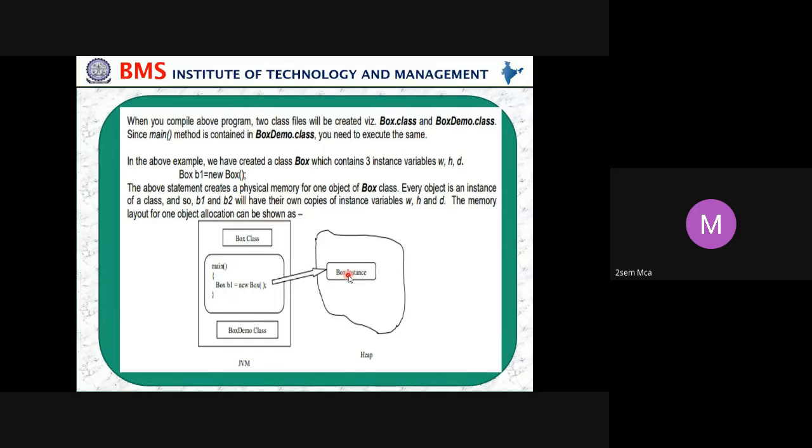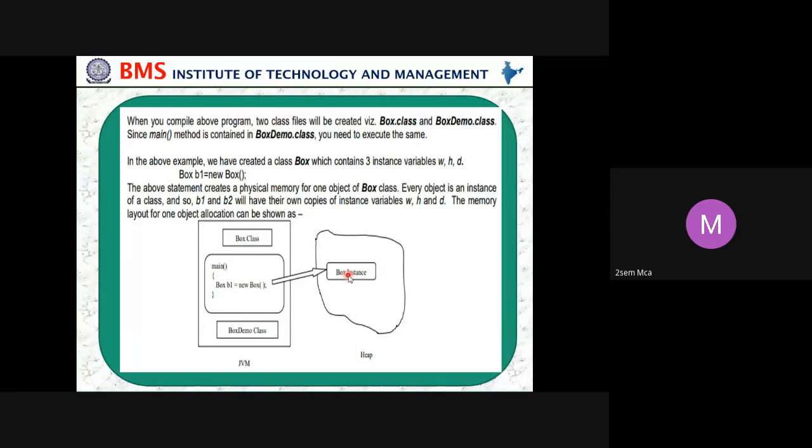It contains three variables, W, H, and D. Then we have created an object for that, Box b1 = new Box. The above statement creates physical memory for one object of the Box class. Every object is an instance of a class, and so b1 and b2 will have their own copies of the instance variables W, H, and D.